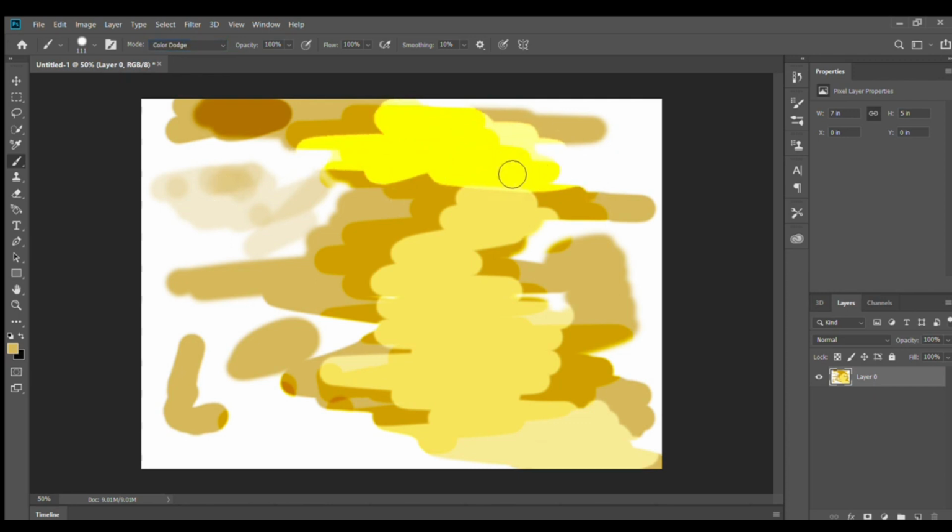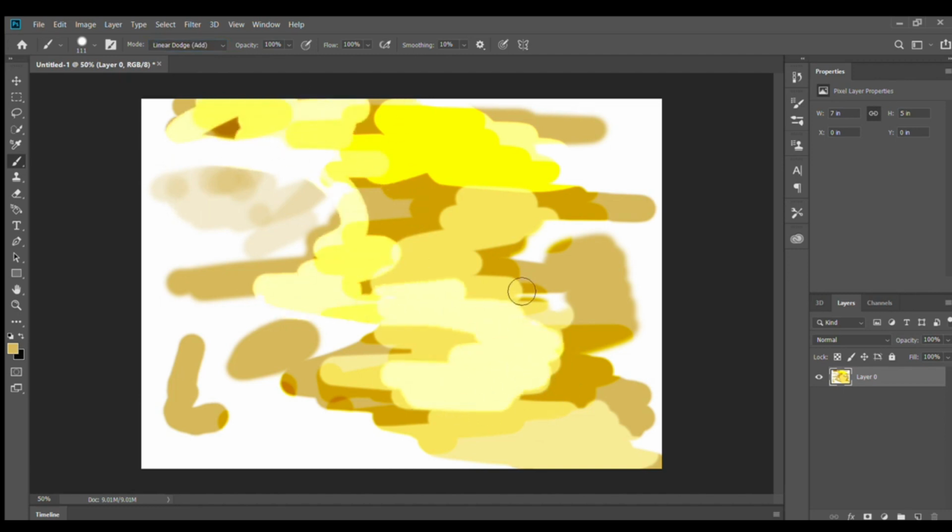See, linear. So different types of modes are here. First of all you paint, and after that you can use these modes. Soft light.